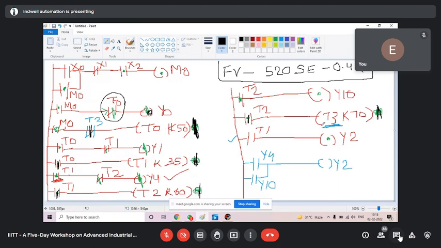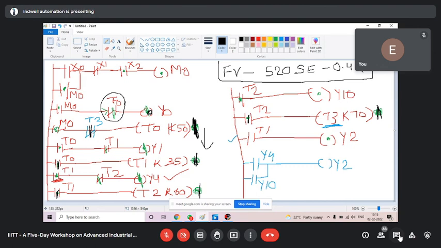So when T3 comes, two things will take place at the same time. First, this will remove the break and Y0 is on. At the same time, below this timer, everything will be off. As M3 will break the first timer, below this timer, everything will be off. It means T3 was on and off: it broke, and it was off also because here it was off.